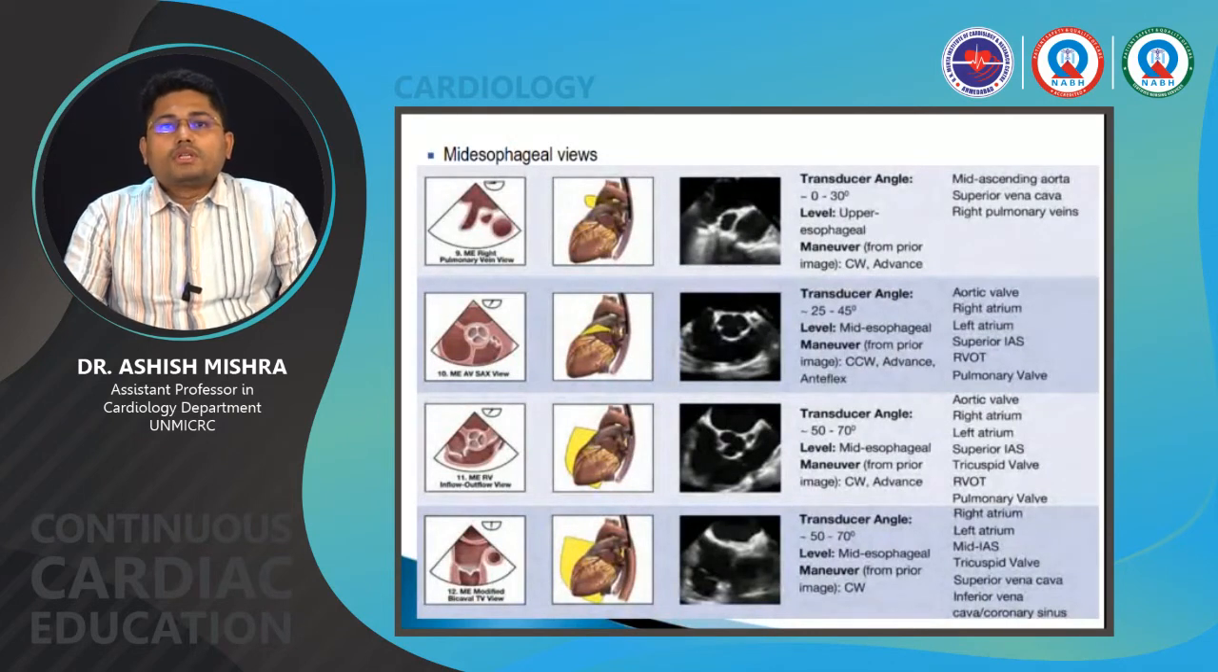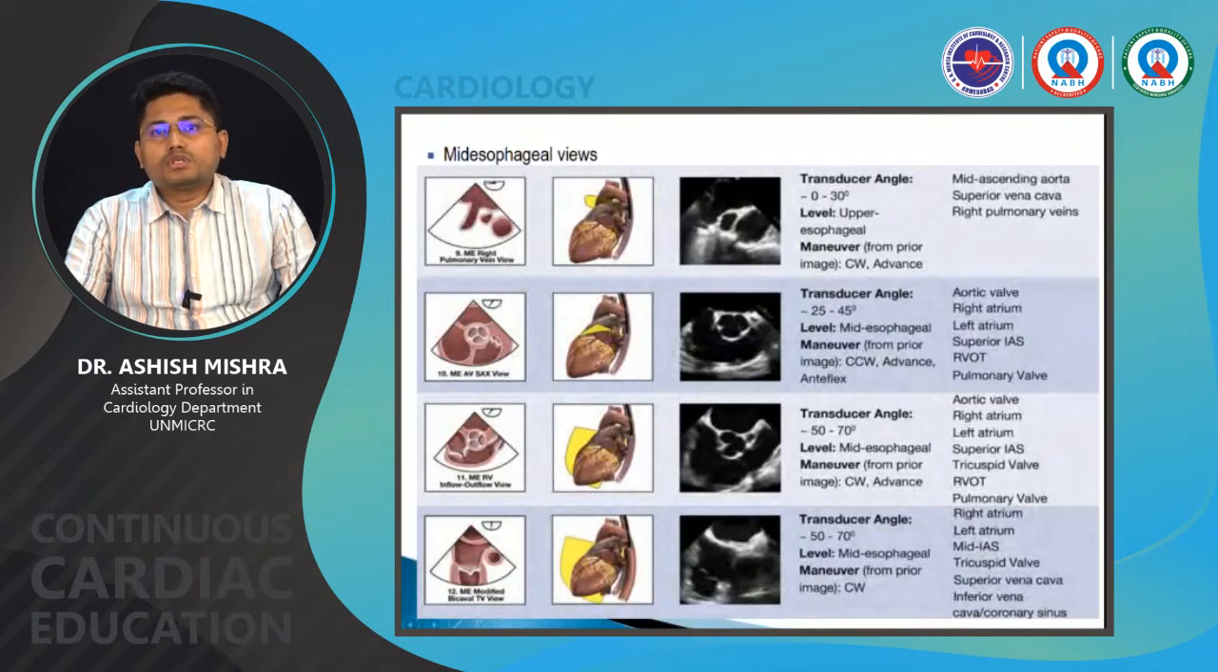Now again moving further, we have the mid-esophageal views, particularly highlighting the right upper pulmonary vein, which can be deciphered here, and a color flow is important while delineating the pulmonary veins. Then by further manipulation of the probe, we can achieve the mid-esophageal aortic valve short axis view, where we can